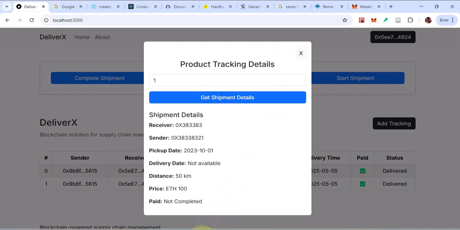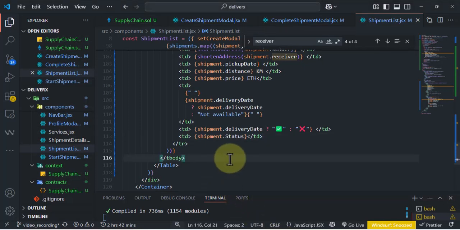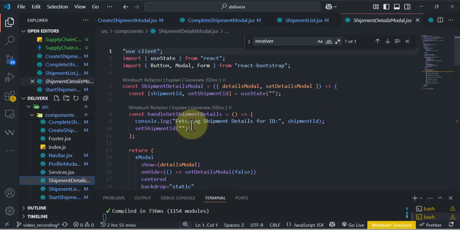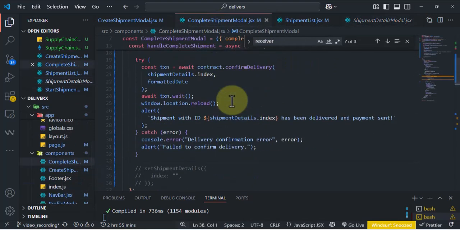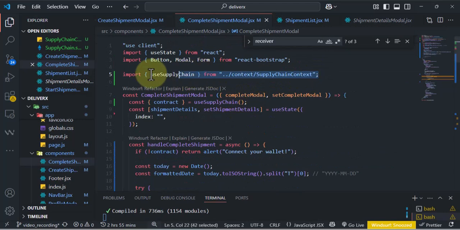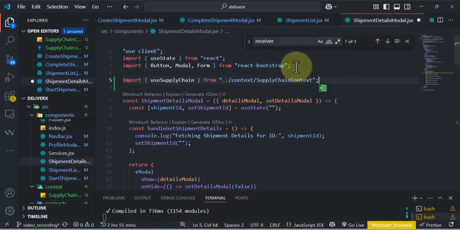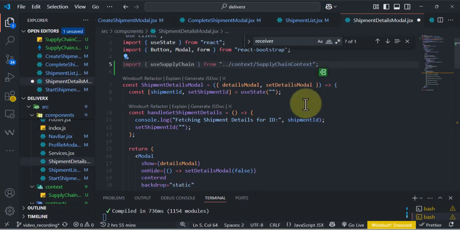The steps we have been using previously also apply to this step. So we just go straight to our code. The file that we are using for the shipment details model is actually this. So we just go right here and get our context. You can see everything is actually using the context model. Now that we have that, what we need the context for is